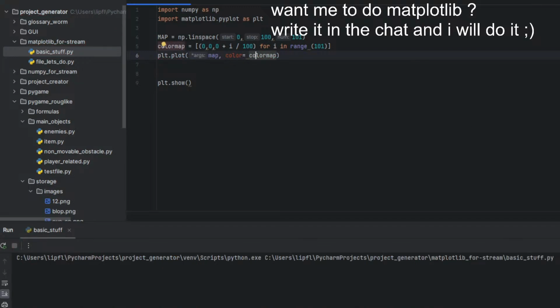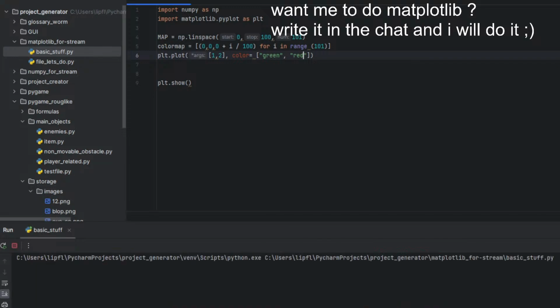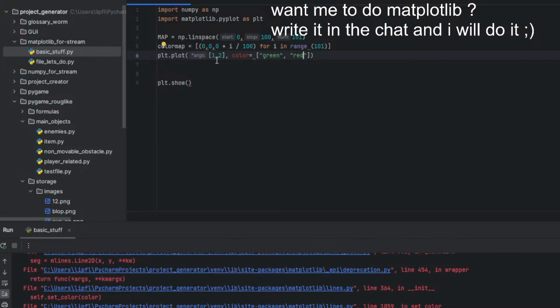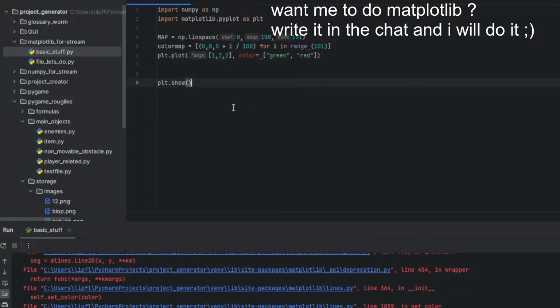Okay. Let's try this first. Green, red. Because usually... let's try this. Okay, how can I do that with multiple colors?